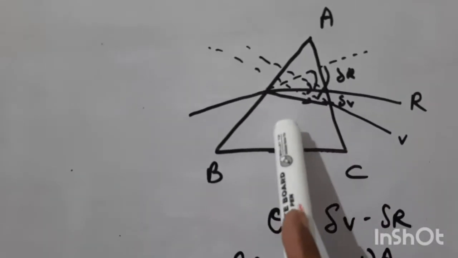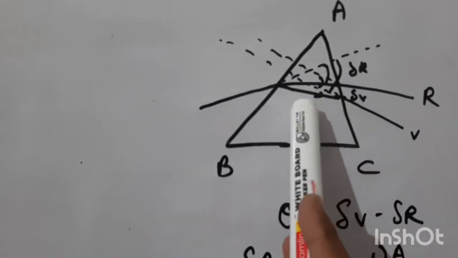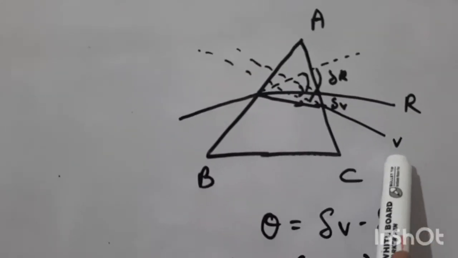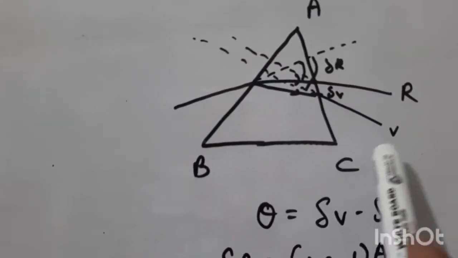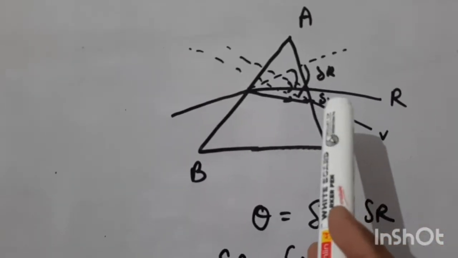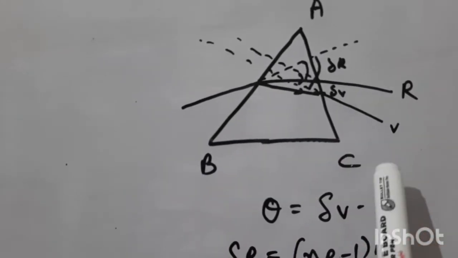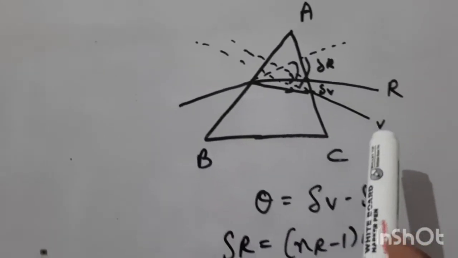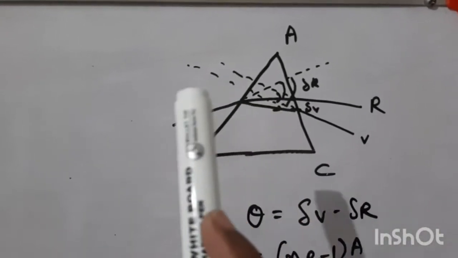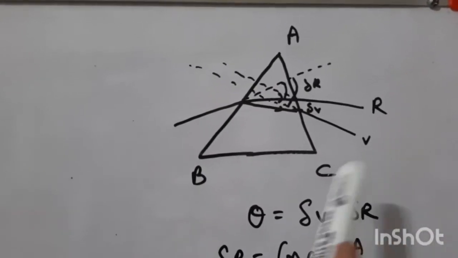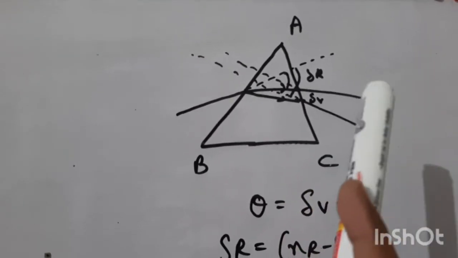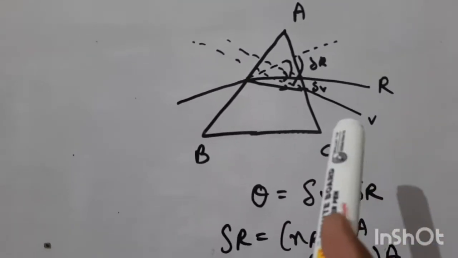so they get split, and after suffering deviation we observe the pattern here where V means violet color is at the bottom and red color is at the top, and here when we produce, this is your incident ray, these are your deviated rays, and when we back produce the deviated rays and incident ray, the angle between the incident ray back produced and the deviated ray back produced is the angle of deviation. Delta R is the angle of deviation for red color and